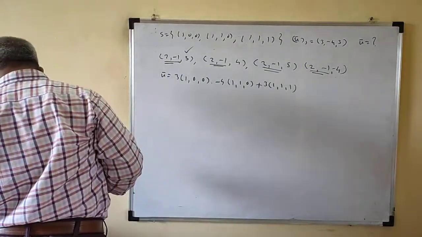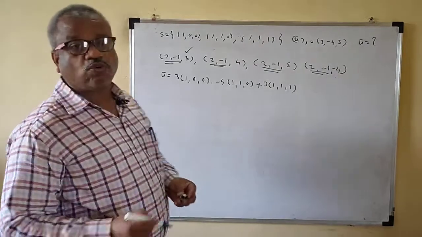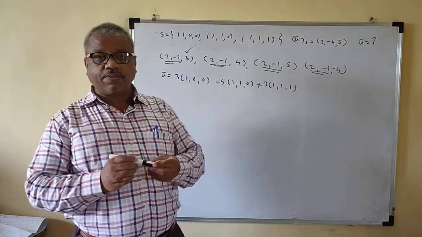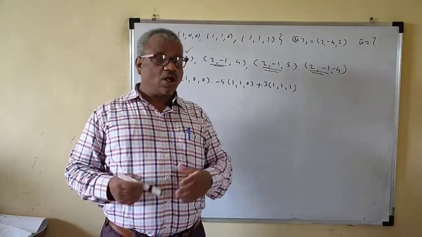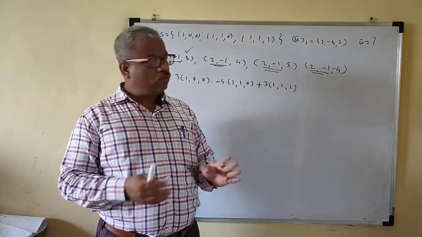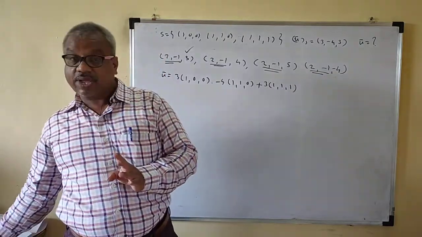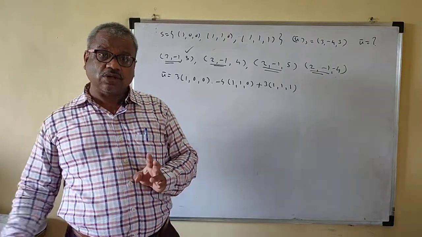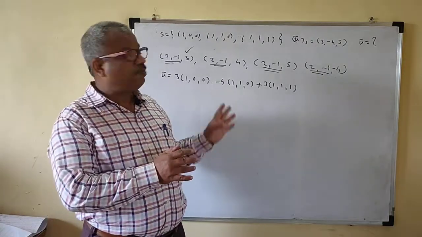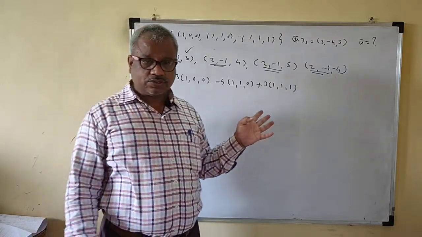I hope you understand how to find the coordinate vector, how to check whether vectors are linearly dependent, and how to check whether a set is a basis or not. We have seen the shortcut method here. You have to generalize all of this. I have taken some sample examples, and you have to do more problems on it. So we stop here. Thank you.